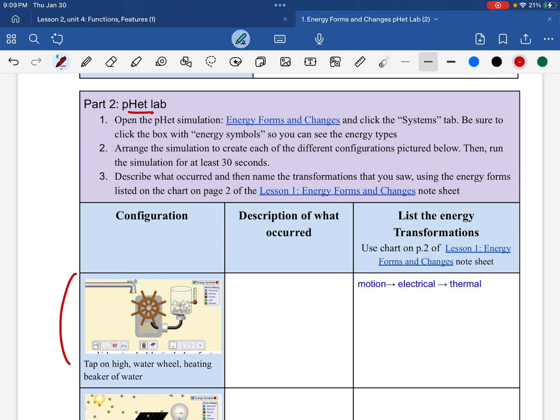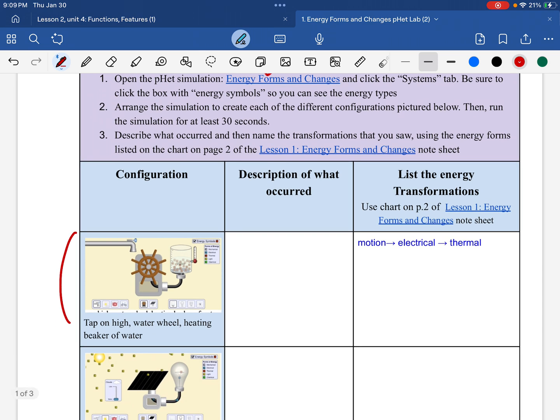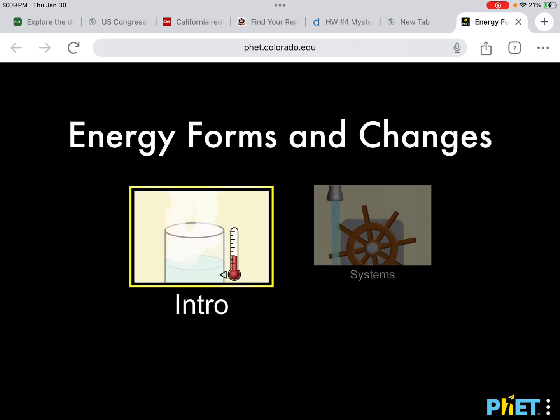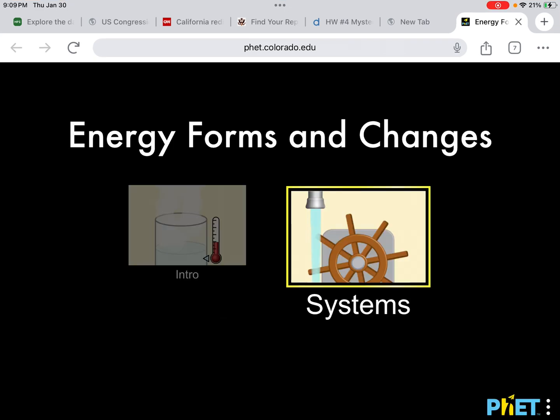We're going to open the simulation, so you'll click on that link. And then we're going to make the simulation look just like this screenshot here. We're going to describe what's happening and list the energy transformation. So let's go ahead and do that. So we're going to go to that lab. So here's the link. It tells us to click on Systems,